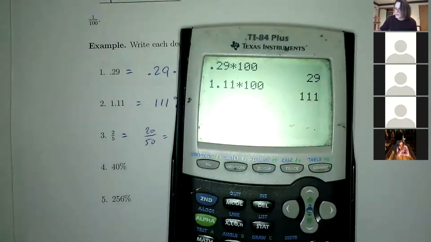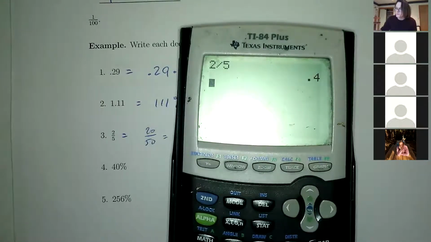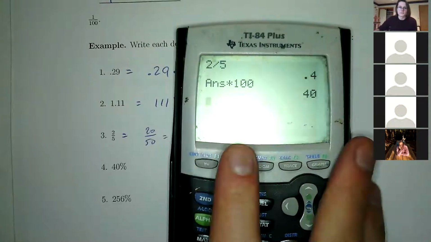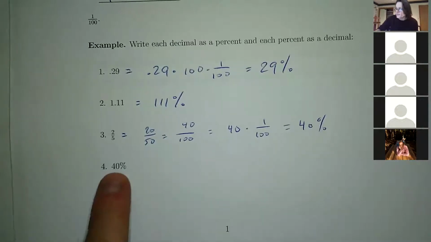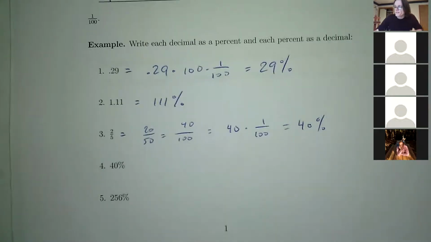So you do 2 divided by 5, which is 0.4 as a decimal, then you multiply times 100. So you can convert to a decimal and then multiply it by 100, and then you get the percent as well. But that way uses a calculator. And obviously we know 40%. We just did this one. So it's the same as just